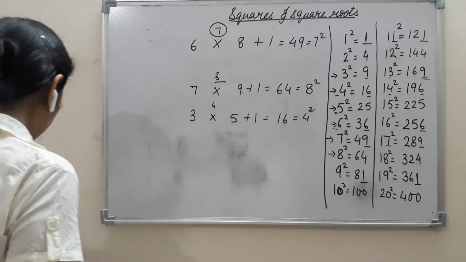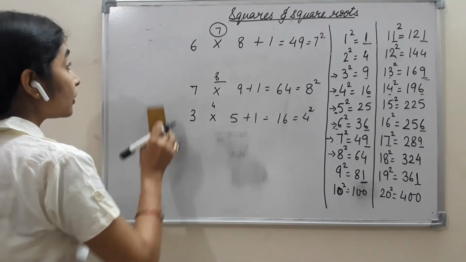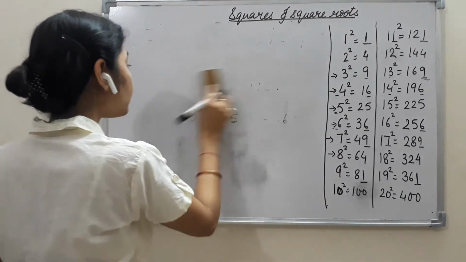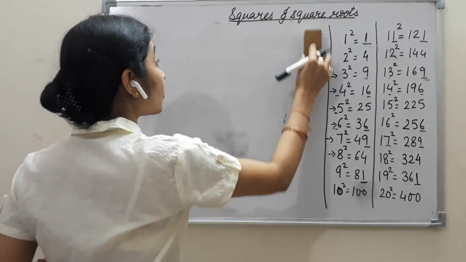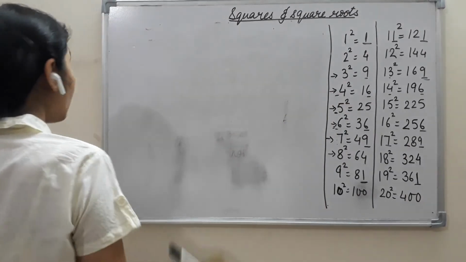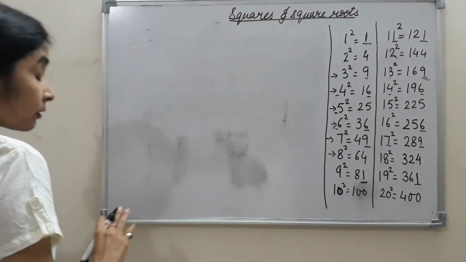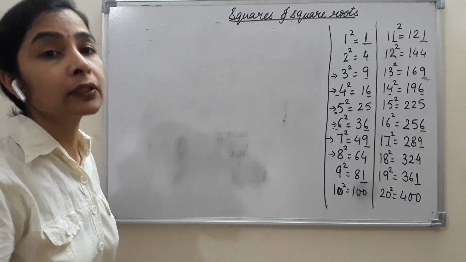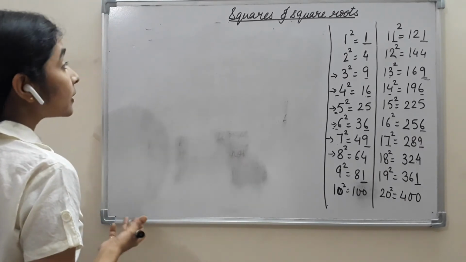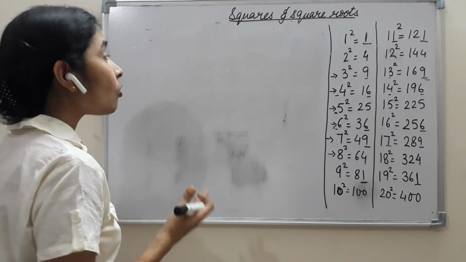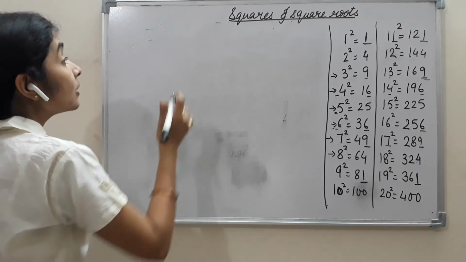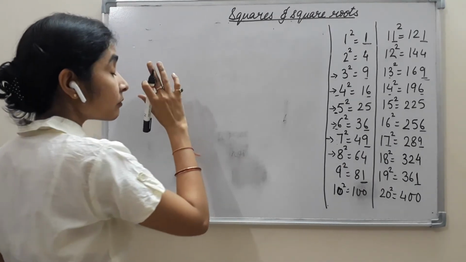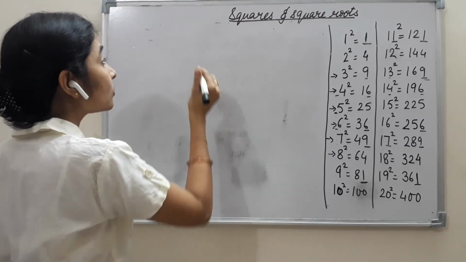Now one more is there, and that is the Pythagorean triplet. You have already gone through the Pythagoras theorem in class 7th also. All of you know that. In that, what is a Pythagorean triplet? The sum of the squares of two numbers is equal to the square of the third number. In a Pythagorean triplet the three numbers are such that the sum of the squares of two numbers is equal to the square of the third one.